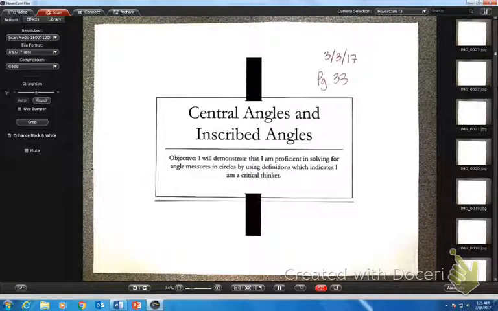Okay, today's lesson is on central angles and inscribed angles. You are on page 33 in your notebook. We're going to focus a lot on vocabulary today, so make sure you take the time throughout this video to get all the vocab words, to make sure that you draw all the pictures,